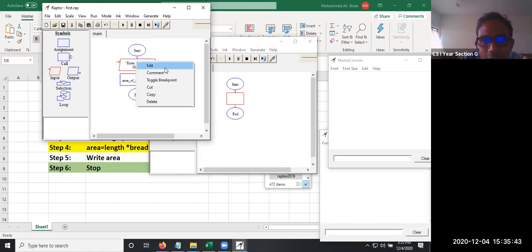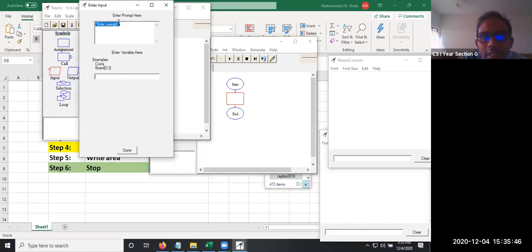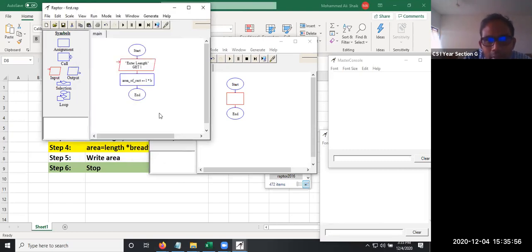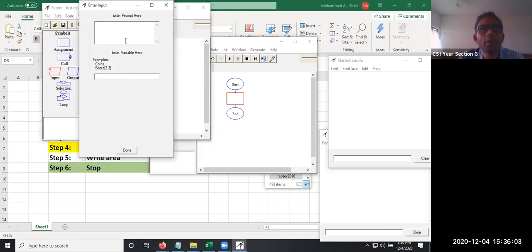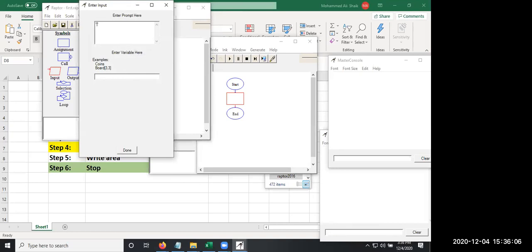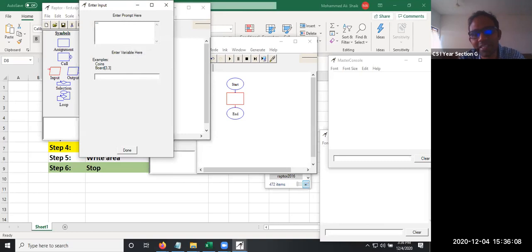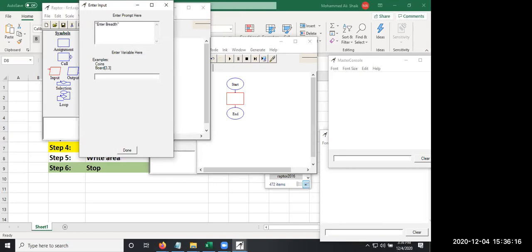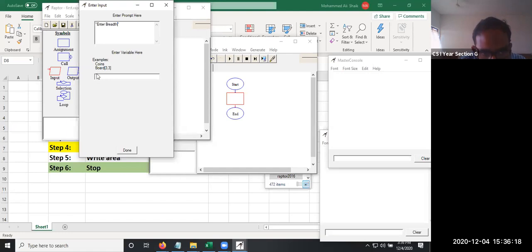When you display, whatever you write will be displayed. Enter length. I'm writing my name, Ali. And whatever is entered, I'm going to store in L. Then I'm going to click on done. So one input is over. Again, click on input. Again, click on the next box. Right click, edit. Now, here Enter breadth. Whatever you write will be displayed as it is. Spaces will be printed. If you don't give spaces, spaces will not be printed. Should we use underscore compulsorily? Underscore here, bottom.